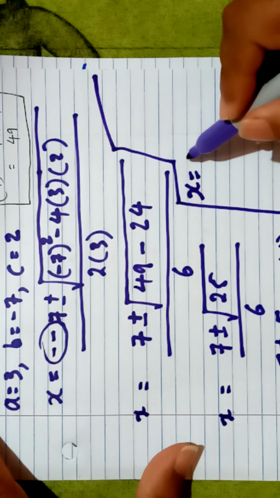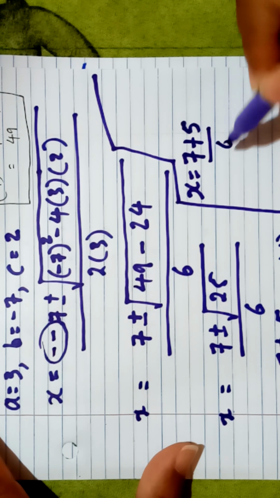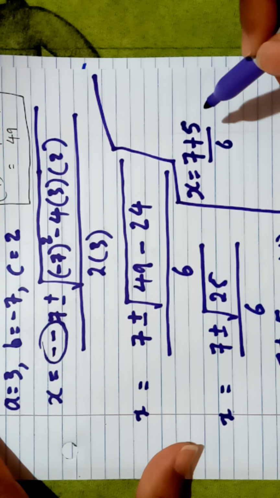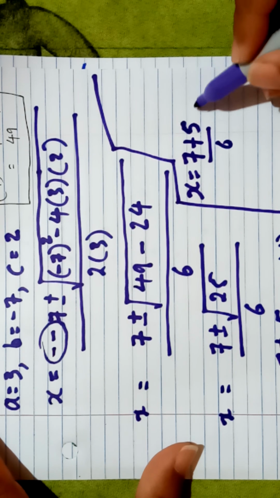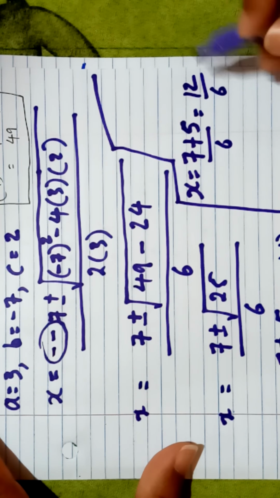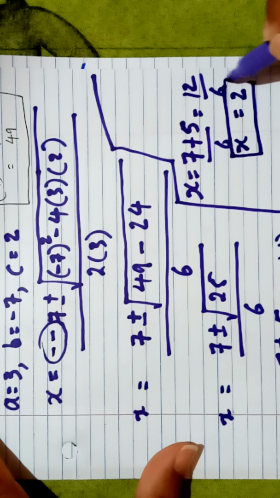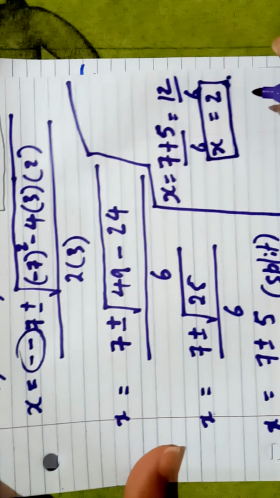So x is equal to 7 plus 5 over 6. So that's one value of x. Alright, let's work it out. 7 plus 5 is 12, and 6 into 12 will give you 2. So one value is x equals 2. The other value